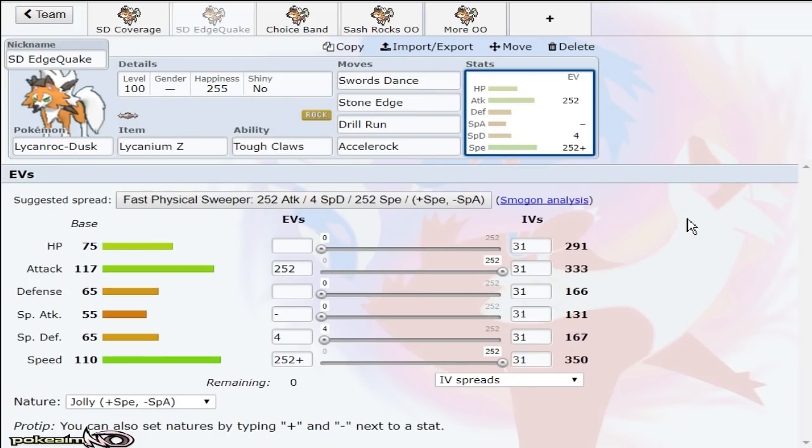So it does have opportunities to set up, though it is a little bit rare. It does get opportunities to set up, and this is the set that I've liked a lot versus the bulkier team. So the next set we have is the Sash Rocks, and I put this as an other option set,